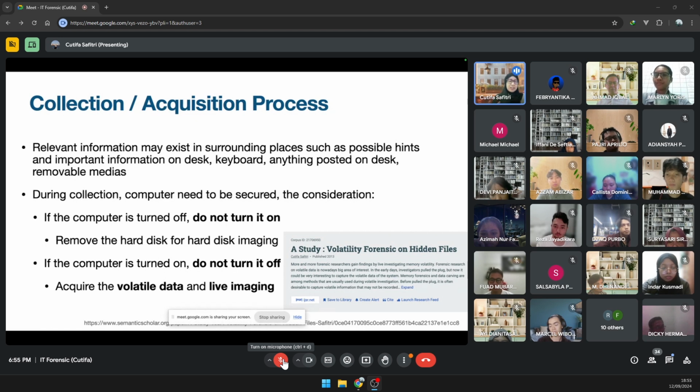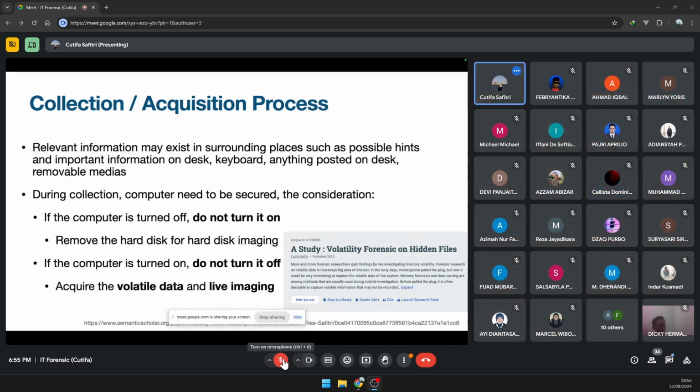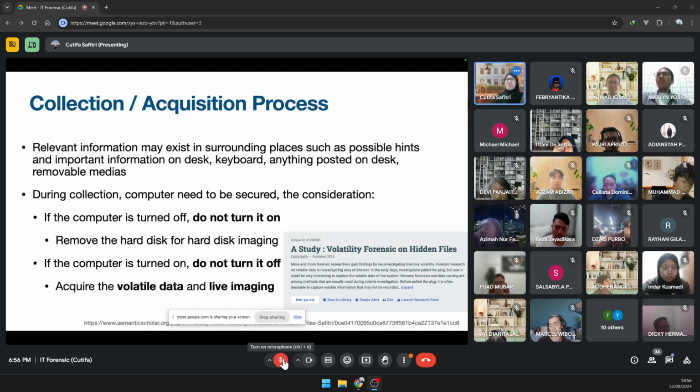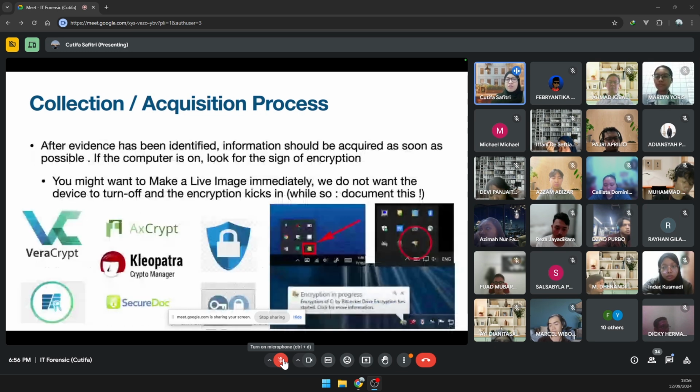Your RAM is what speeds up the instructions in your computer, right? You cannot save in the RAM, you save in the hard disk. Now the size of the hard disk is increasing from 4 gigabytes to 8, to 16, to 32 now. So imagine we have a small but powerful application that can run in the RAM. After you run the application, it's gone. No trace of evidence. That's why you want to check the volatile data.